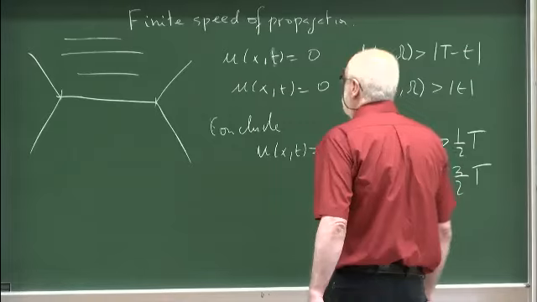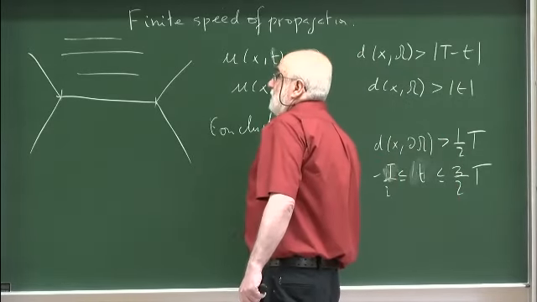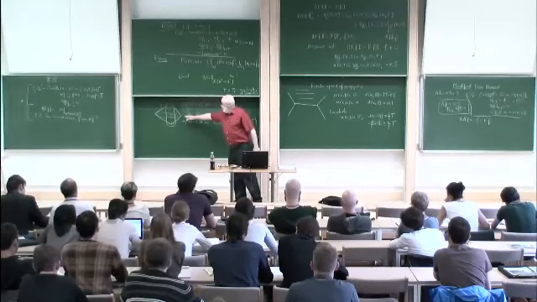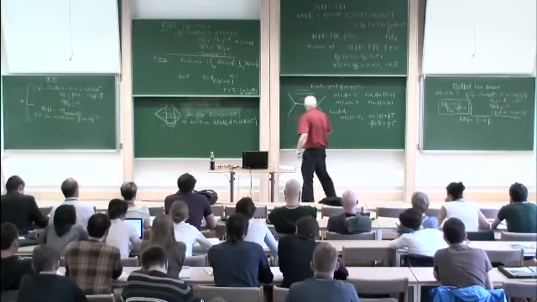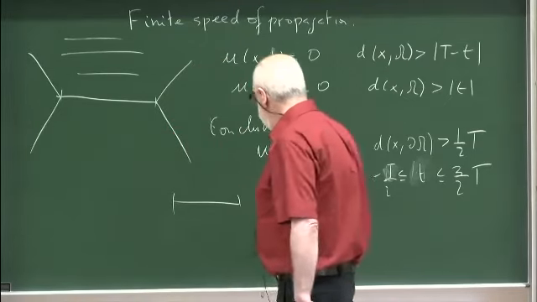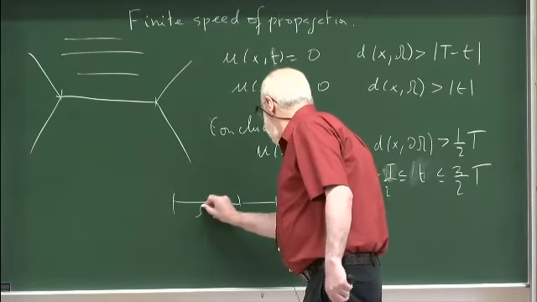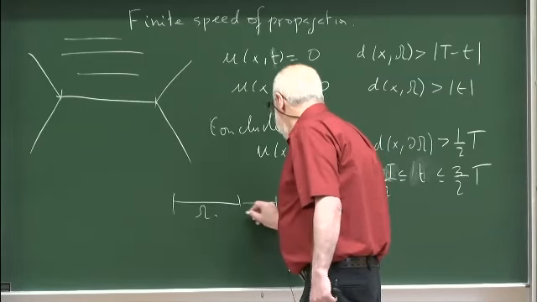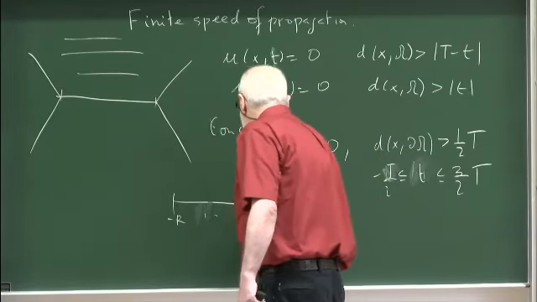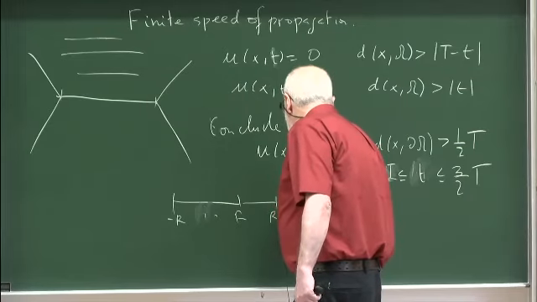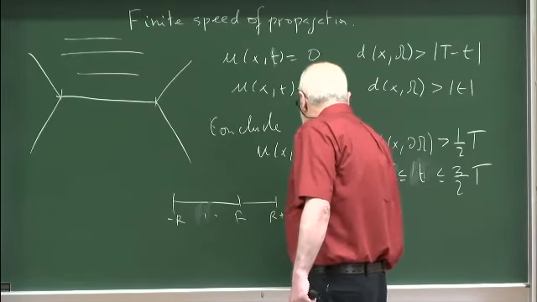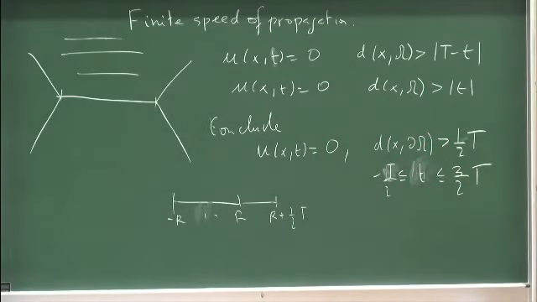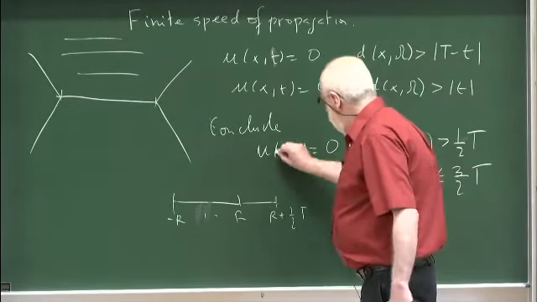So let me draw the picture here. Here is where I want to use Tataru's unique continuation result. So here I'm going to draw x. Here is omega, and the distance here is 3/2 t. So let me put minus r for simplicity, and r plus 1/2 t. So the distance from here to the domain is bigger than 1/2 t. Okay, so you know that the solution is 0